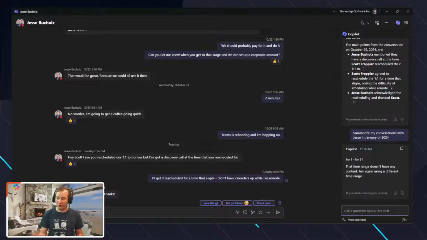What happened is it knew exactly that conversation window, January 1st to January 31st, and it says here that you don't have any content that's related to it, right? So this is good. This is what we want to see. If we don't have data, I don't want Copilot making something up, to not be truthful. In this situation, it's also aware of that context sensitivity as part of that as well.